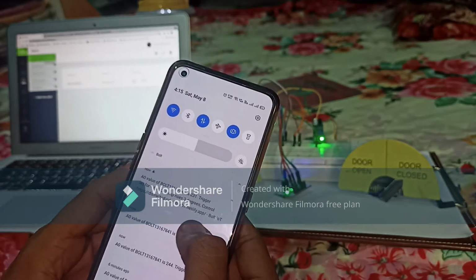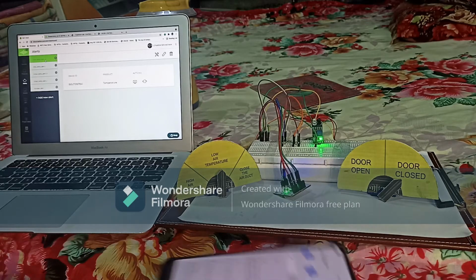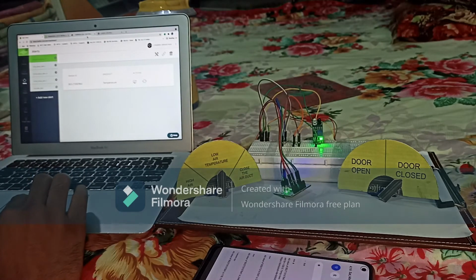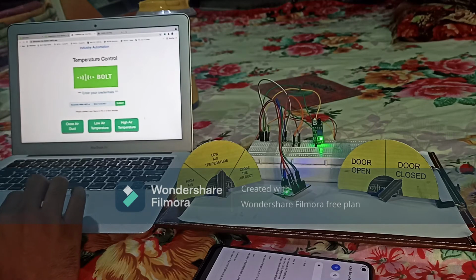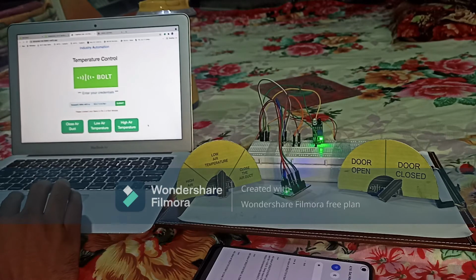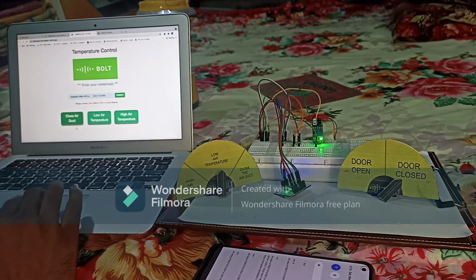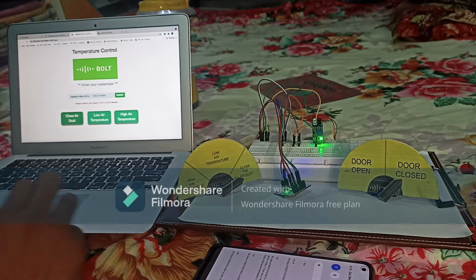That is actually a push alert, because I have completed my SMS and email quota, so that's why I changed it to a push alert. Okay, I'll tell you how to control it. The link that I am getting in the message is this one. This is the interface through which we can control the temperature knob. Suppose the plant manager wants to close the air duct, then he will simply click on this button, close air duct. After clicking, the knob will rotate to close the duct.